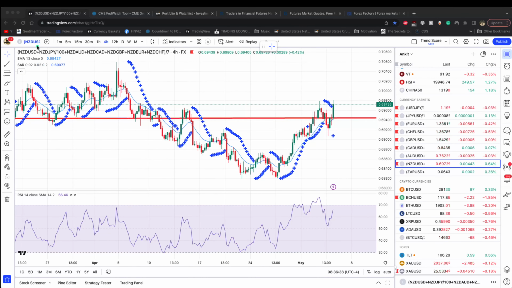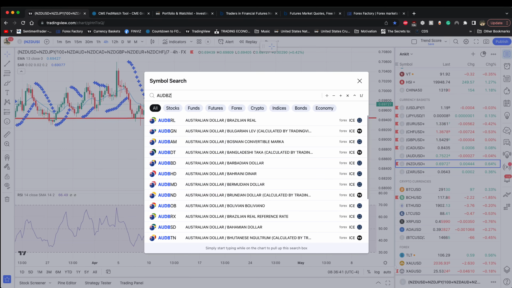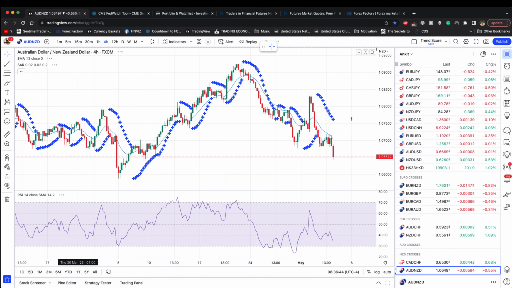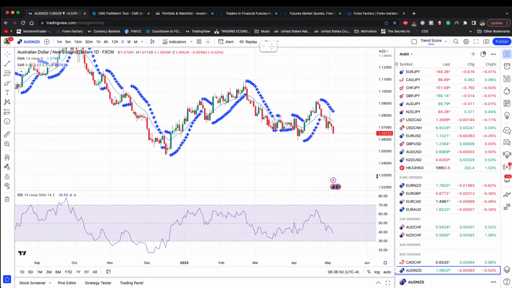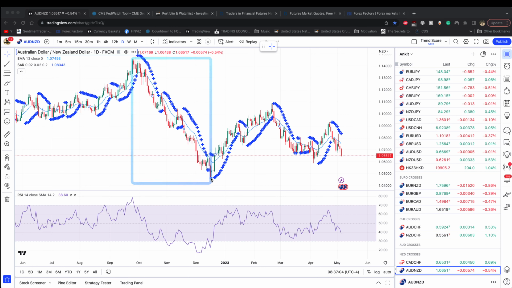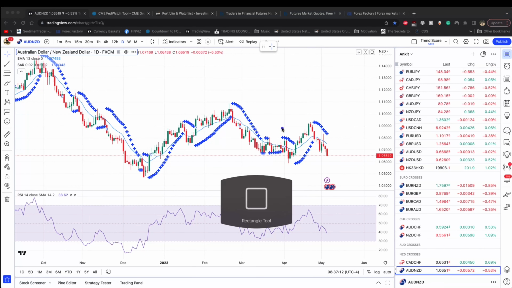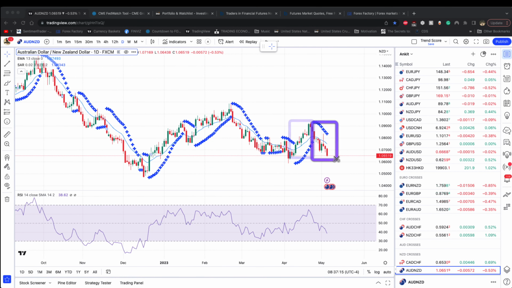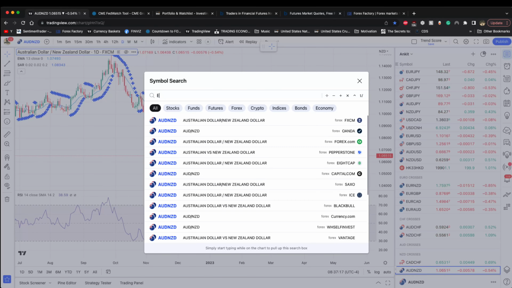You can see the negative correlation between the Aussie and Kiwi right now. So if you take a look at the Aussie Kiwi pairing, you can see the Aussie is actually underperforming compared to the Kiwi. So right now, Kiwi is the one where the money's going, and it's right now at a support level. So if it breaks lower, I think the Aussie and the Kiwi can continue to diverge. Remember, back last year, back in October, November, December, there was a huge divergence that lasted for almost a month. So important to keep an eye on these divergences. But right now, you can see that price action, we did break out and then just fell right back here.